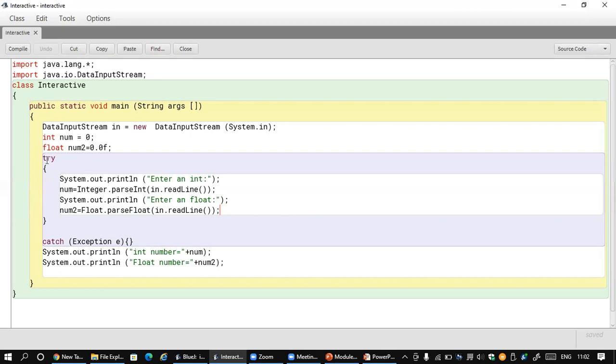Whenever you use a try, there must be an associated catch block as well. So we use a catch block with an argument where an object of type Exception is used, and within the pair of curly braces, we can specify the details of how you want to handle your exceptions. Okay, so that is the catch block.